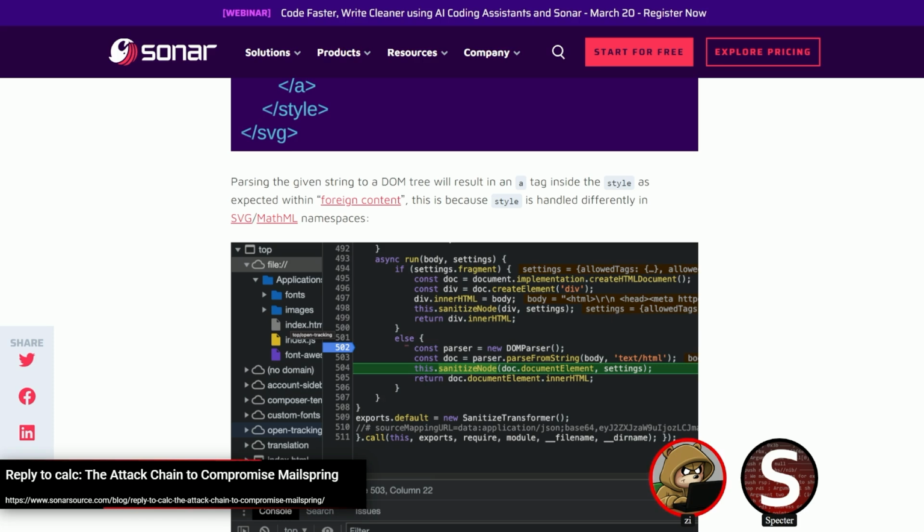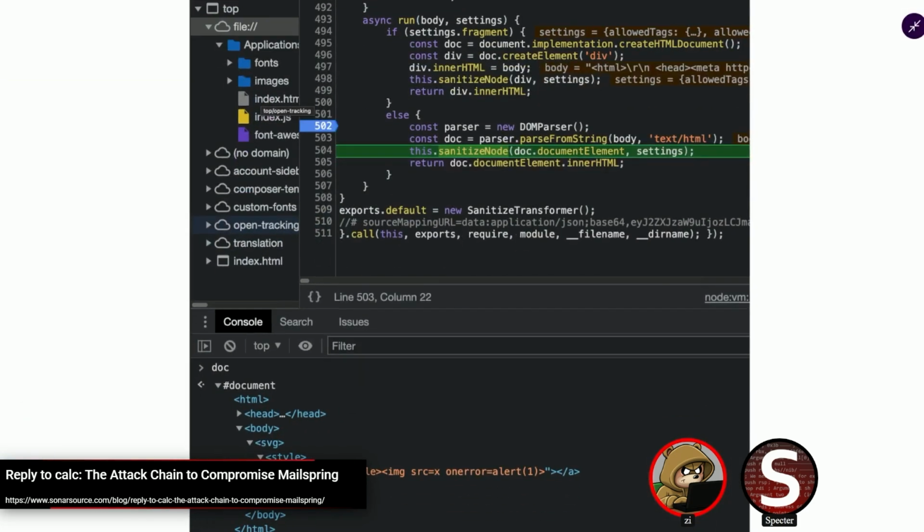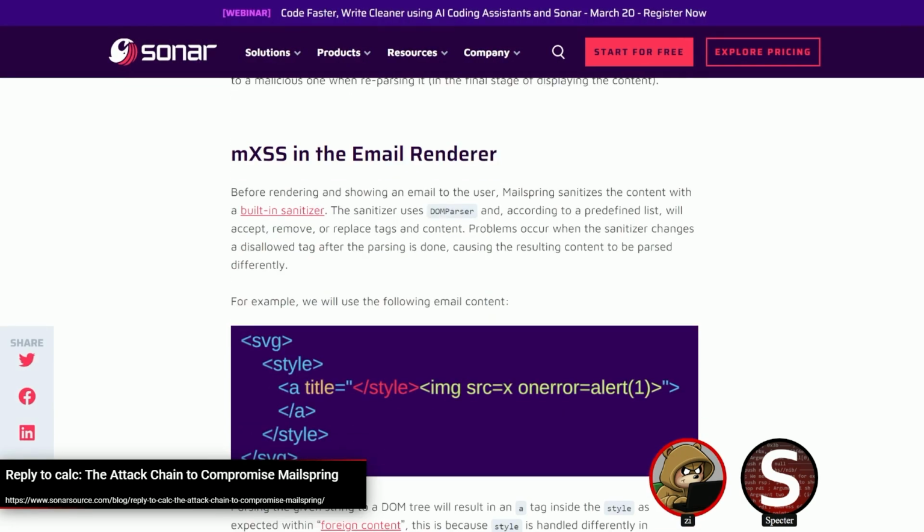You'll see here in the code, they get the new DOMParser, generate a document from a string that they've received, and then they call this sanitizeNode, which takes the whole document element and sanitizes it. So they've written their own sanitizer there, but DOMParser itself, I believe, is coming right from the browser. It's the built-in parser. And so it is parsing this. This is an example here, but somewhere inside this document will exist this SVG,